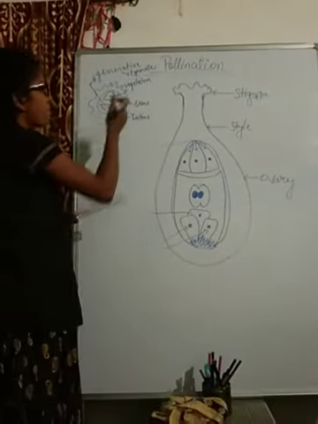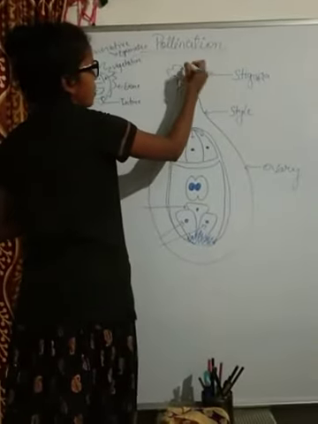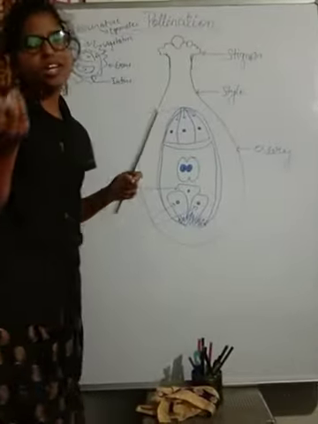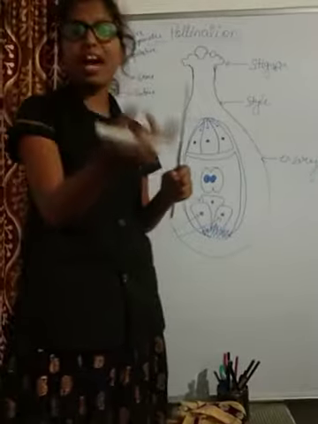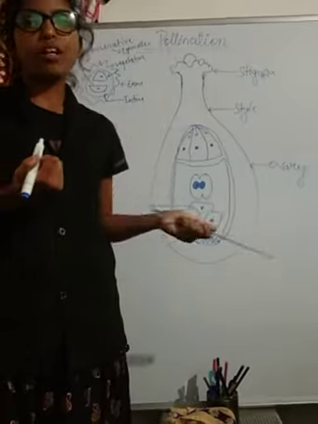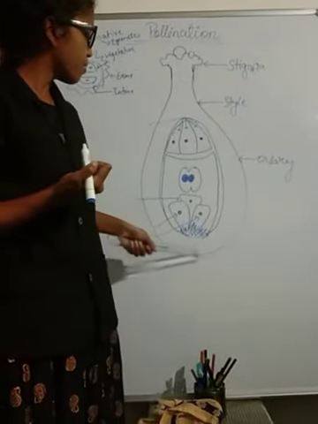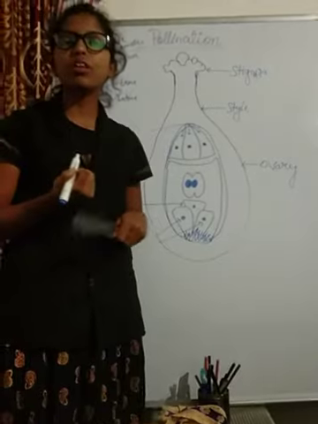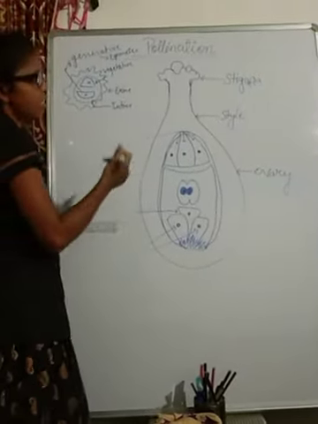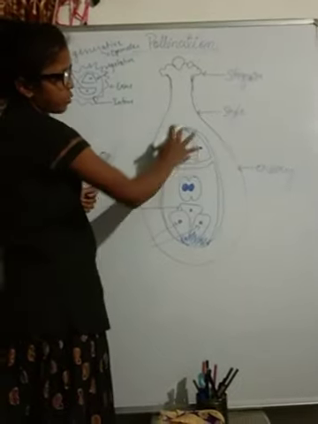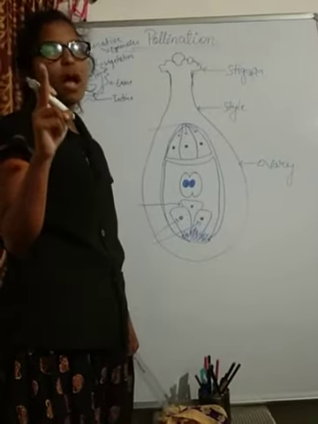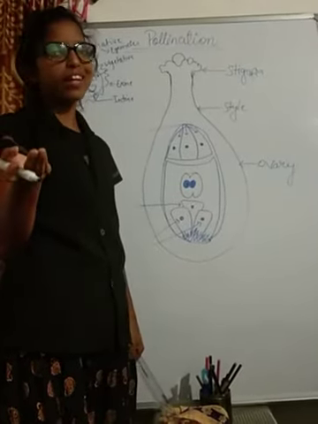I've told you, as soon as the pollen lands, suppose we are drawing a pollen here, so many pollen will land. It's not necessarily one pollen landing; maybe 2-3 compatible pollens land at the same time, but the pollen tube that is able to reach the ovule will get fertilized. Then only the fusion will take place. So here you can see the structure, students. This was the embryo sac. In the structure of the ovule, we have seen the structure of the embryo sac where all the development takes place, right?